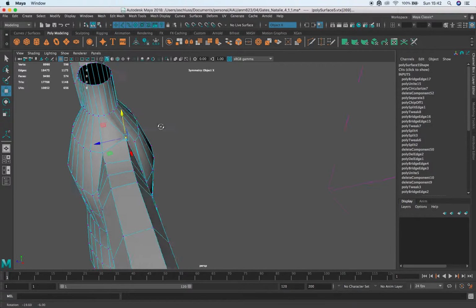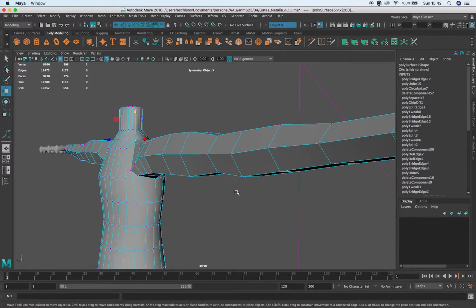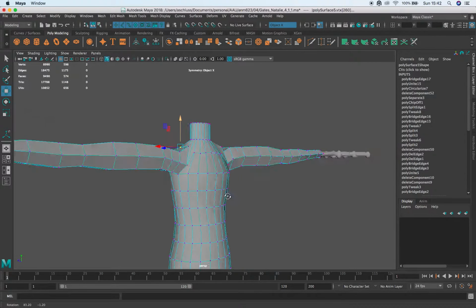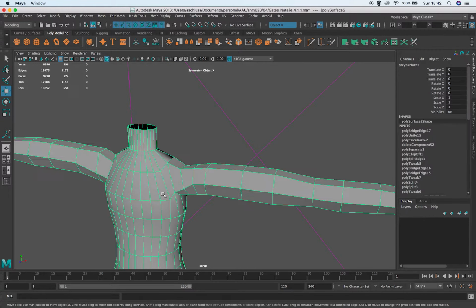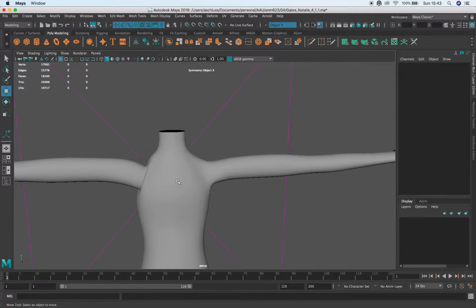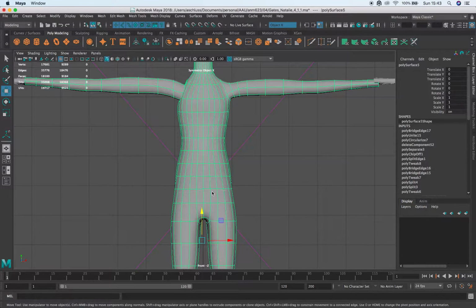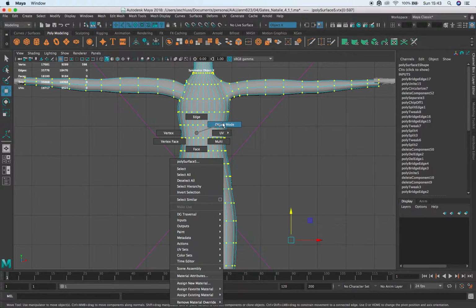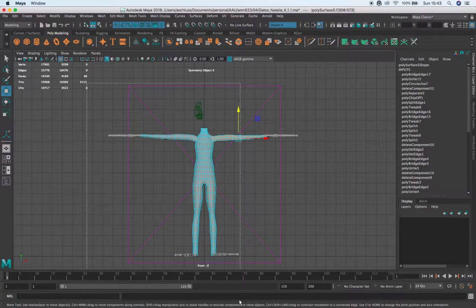You know, just really taking the time to give this a nice shape. I'm not going to do too much here right now. But you get the idea that it's one continuous surface instead of just cramming an arm in there like you had before. You can see how that's much better. So that needs to be fixed, and then after you've done that, you will have to remirror the character again. So, you know, you select half of it, and